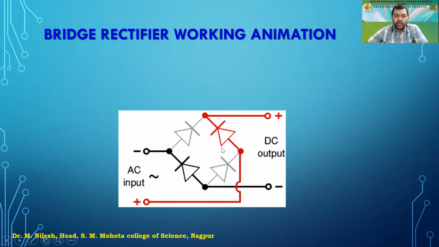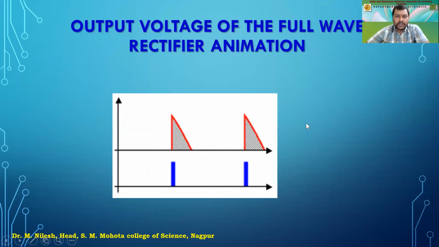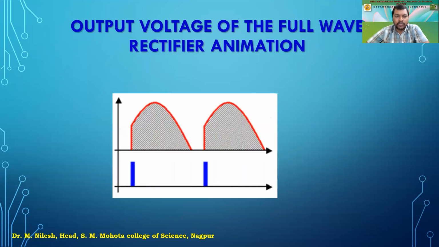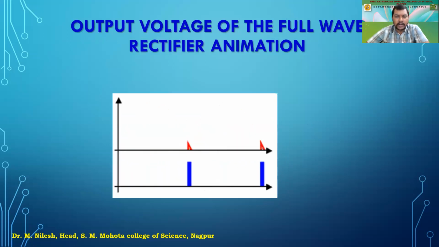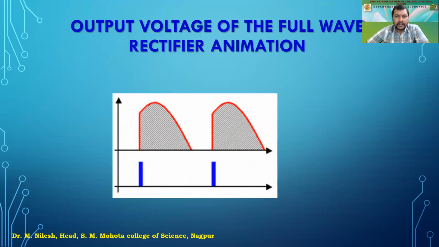And at a time, only two of the diodes are going to work, which is going to rectify half of the wave. The other half of the wave will be rectified by the other two diodes, and at the output we'll be having both halves coming out of the load resistance, right? So this is again a pulsating DC. To make it pure DC, we are going to use the filter circuit, right? So I guess you have understood. If you have any questions, this is how it is going to work for the full wave rectifier, and this is the output rectifier animation.